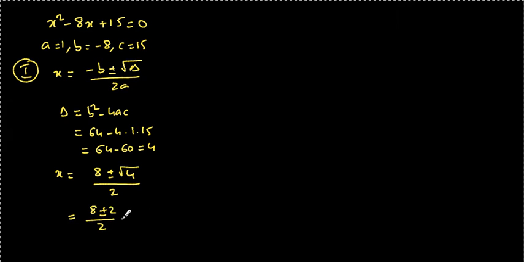8 plus 2 by 2 is 5. 8 minus 2 by 2 is 3. So we have the roots as 3 and 5. So the first method is basically to use the formula for the roots. Second method,